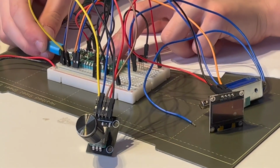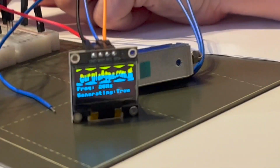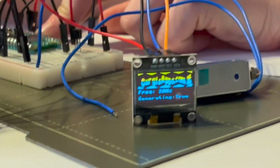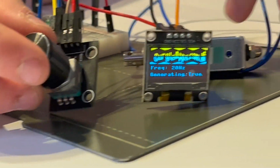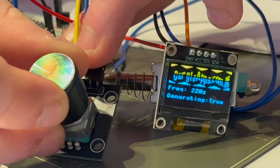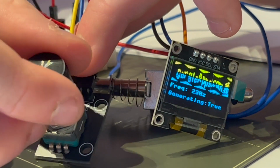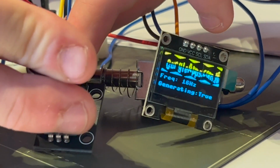Now we're plugging in the Raspberry Pi Pico again to see if those crazy values are not there, and they're not, so it's working now. So let's bring everything in frame and then twist the rotary encoder. The frequency going up and the frequency going down, and the switch works too. We click it and it's generating false,